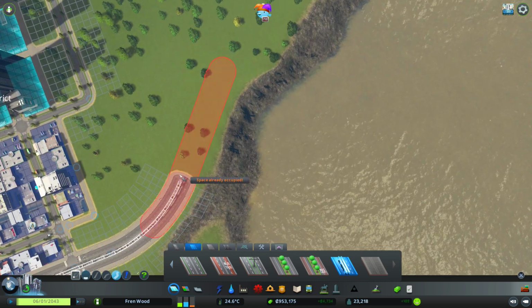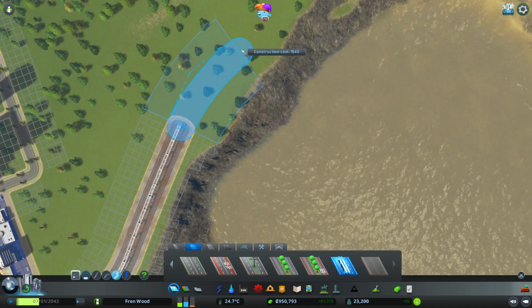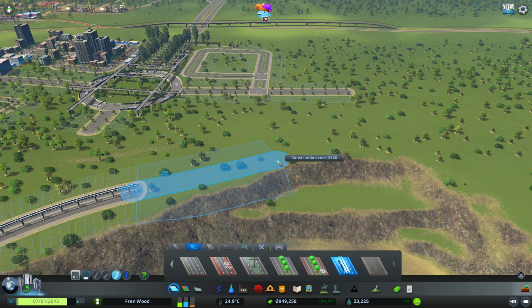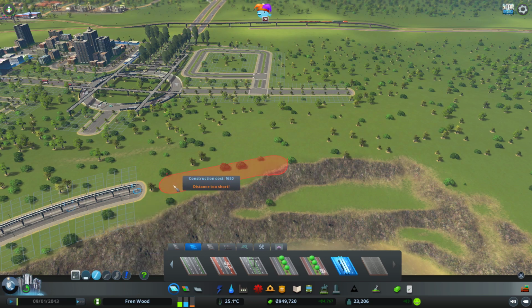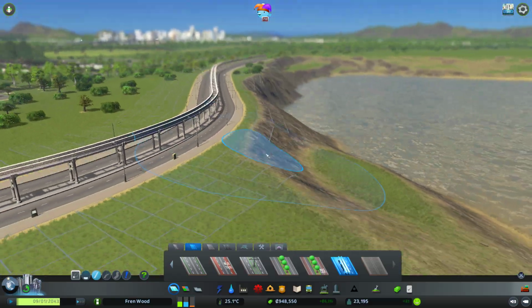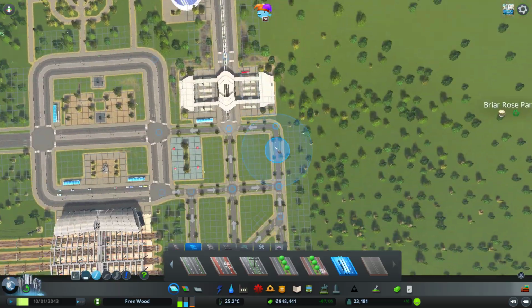Yep, I wanted to build that. Please build. So people could almost go on like a monorail tour of the city, almost. I think that looks super sweet. I don't know why this guy won't build. There we go. So you can imagine as the monorail is coming along, it'll give you nice views over the coast, and then it'll also